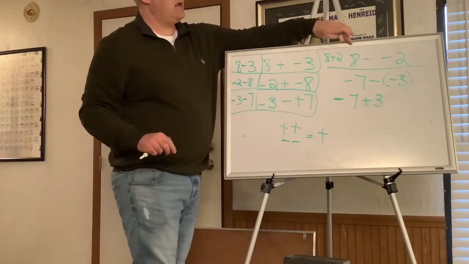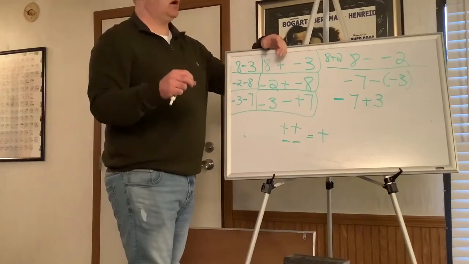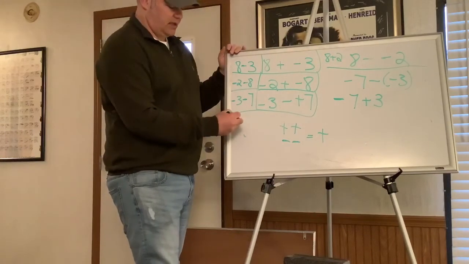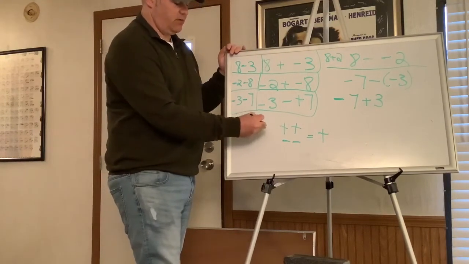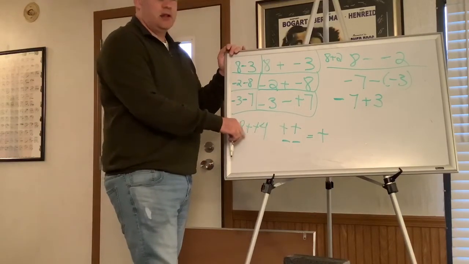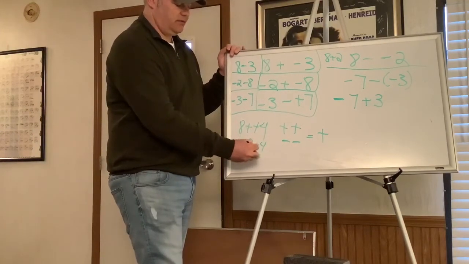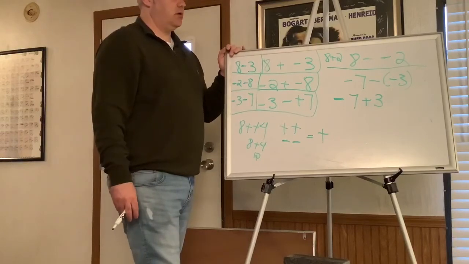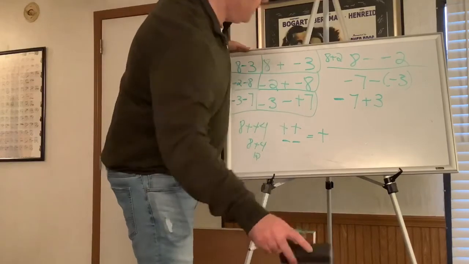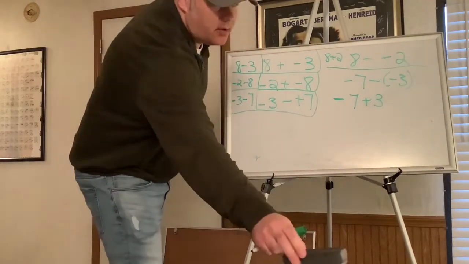And like this one, 8 minus a negative 2, when you're thinking about money, you're taking away a debt, so you're actually adding in money. Or like I said, the example of 8 plus positive 4. Instead of having a plus plus, which looks kind of funny, it's like $8 and you're adding in positive $4, so you actually become $12. And so that's what we're going to be doing tomorrow, but the first thing is just going through and eliminating those double signs. So just to recap,